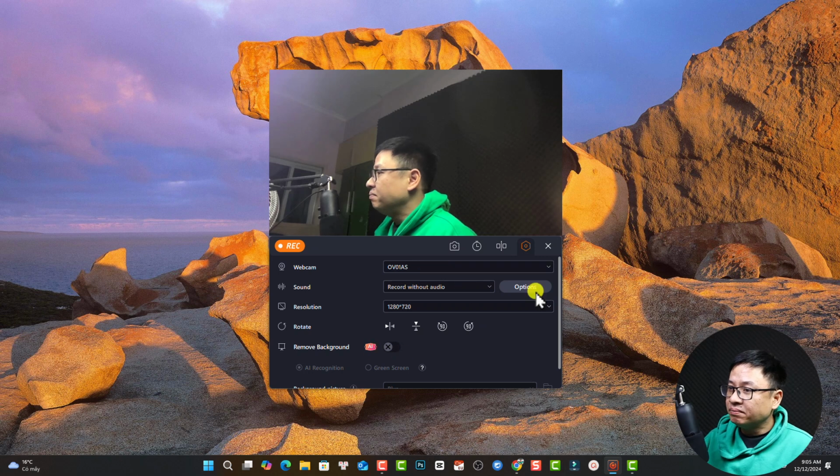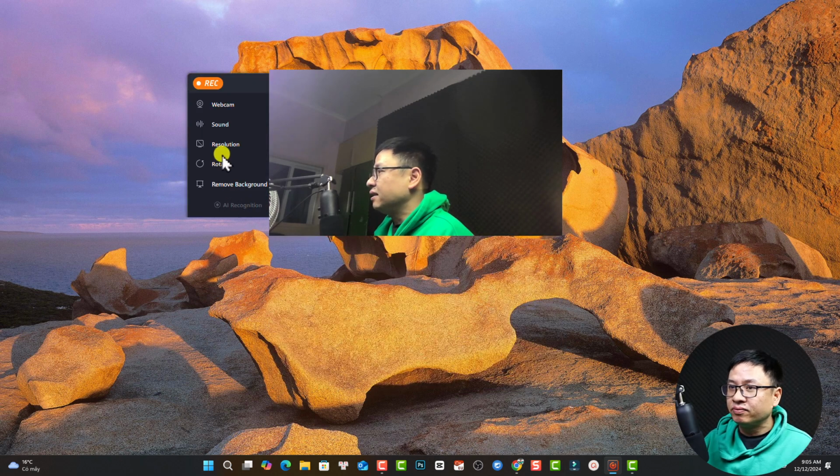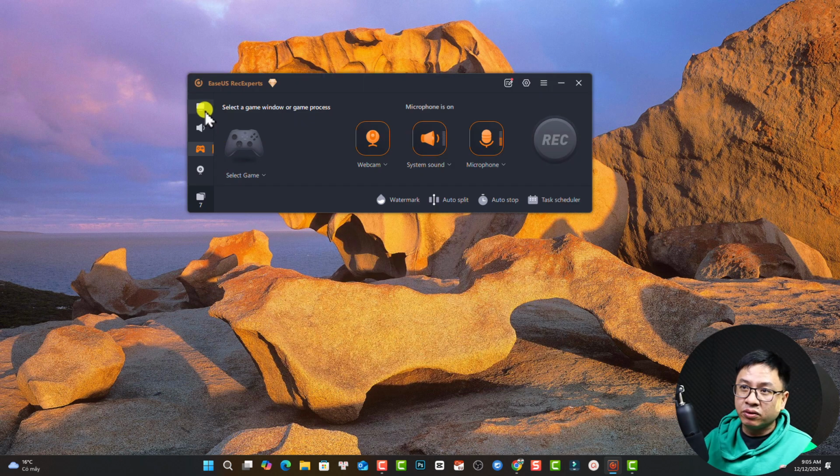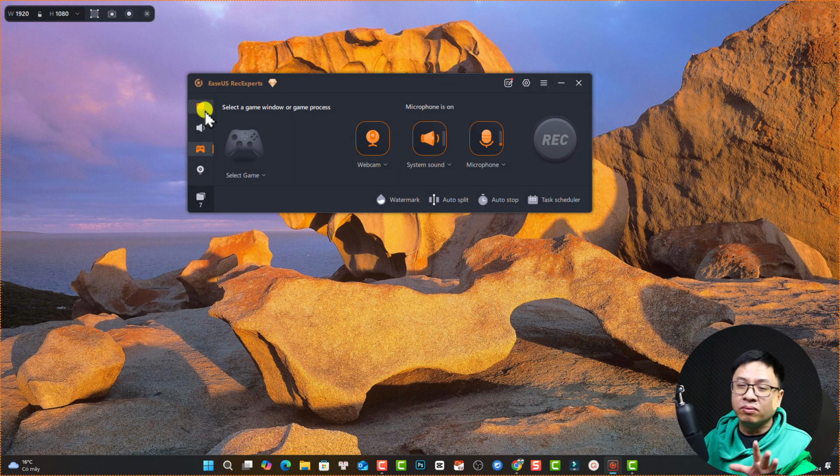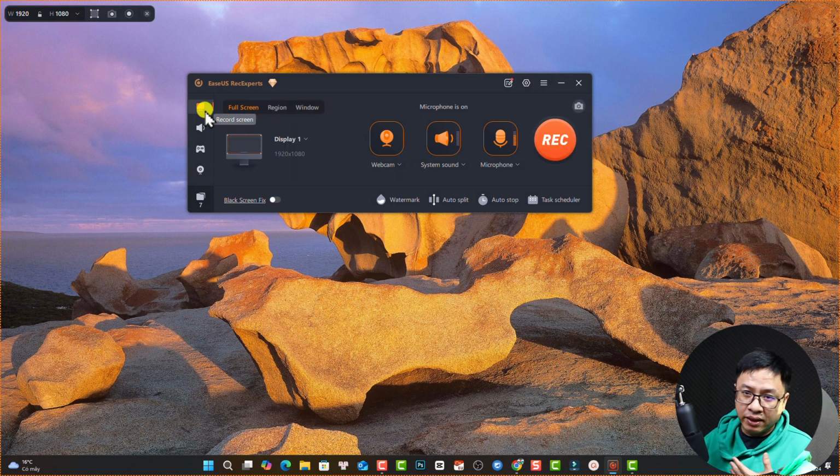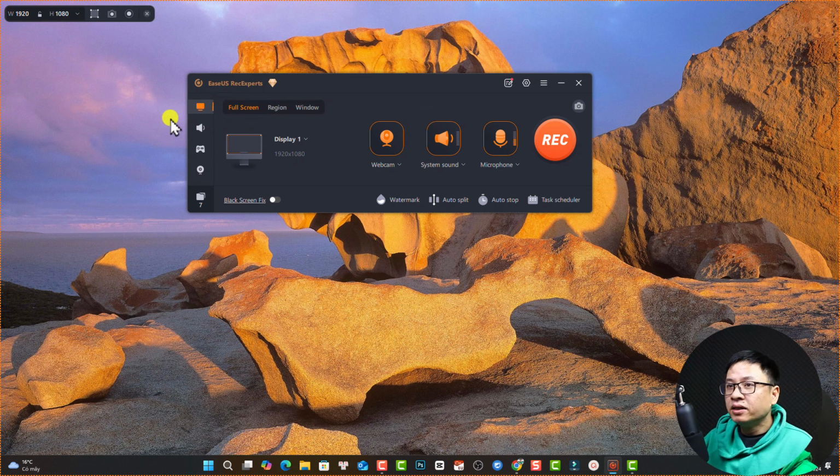Okay, by the way, this is a webcam. I can turn it off right now, and let's go back to record screen. So this is what I normally do when I want to create a software tutorial. Okay, so at the record screen we will select full screen, and on the right side there are some options